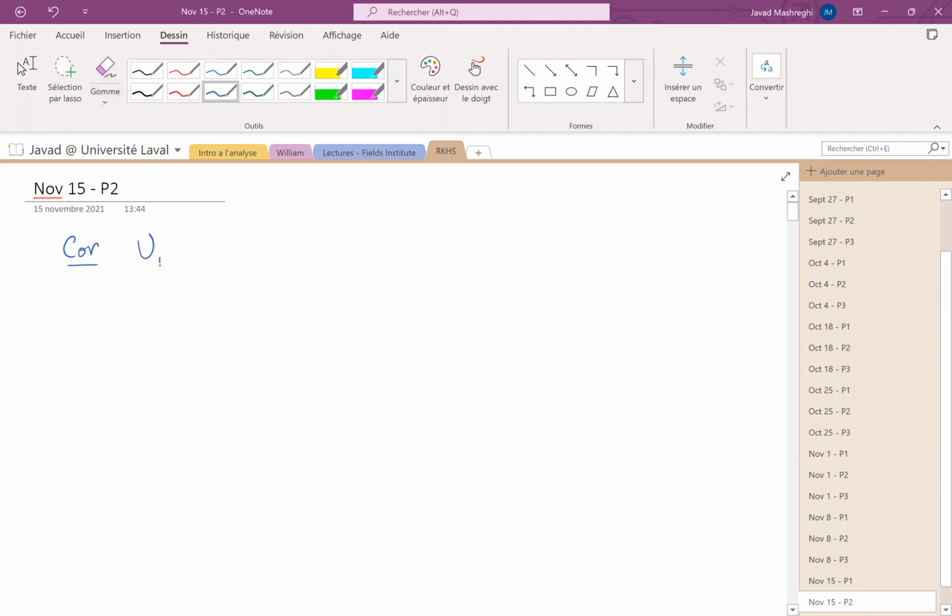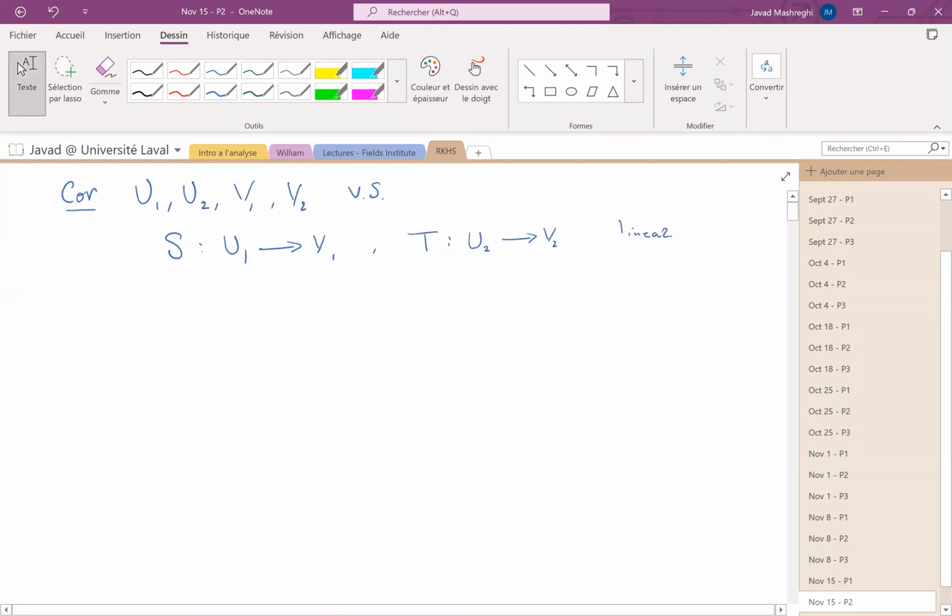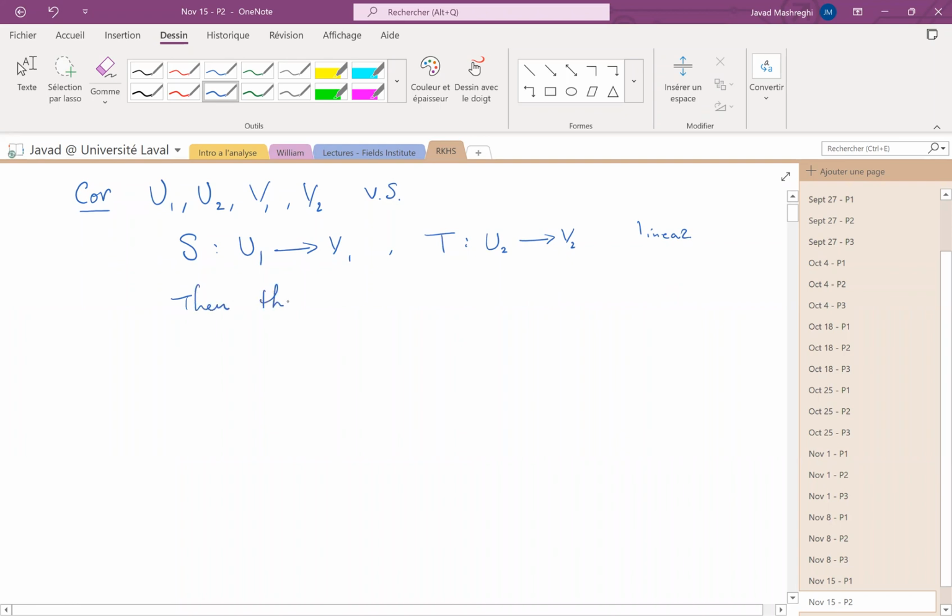Let U1, U2 and V1, V2 be vector spaces, and two linear mappings, S defined from U1 to V1, and the other one, call it T, from U2 to V2, both of them linear. Then there is a unique linear map, let's call it L now, from U1 tensor U2 to V1 tensor V2, such that